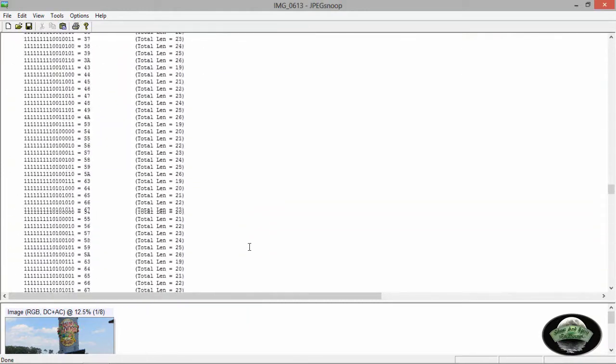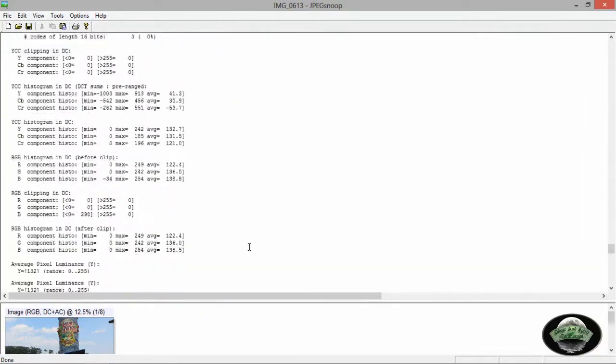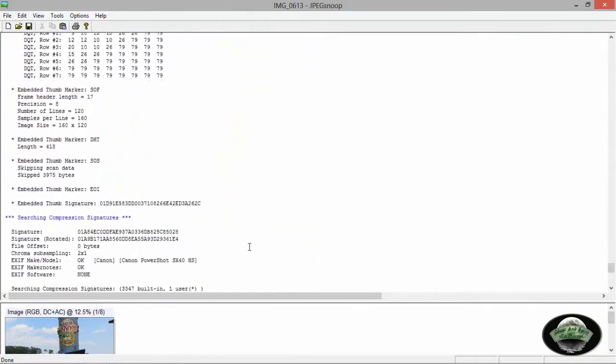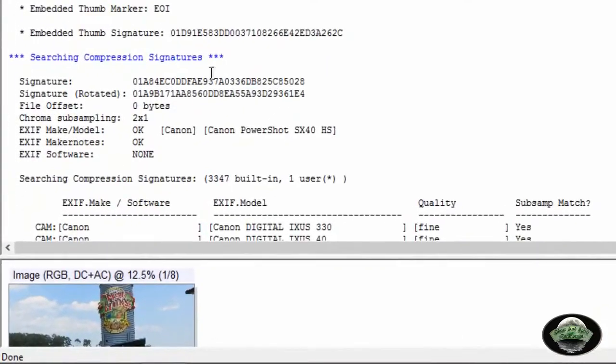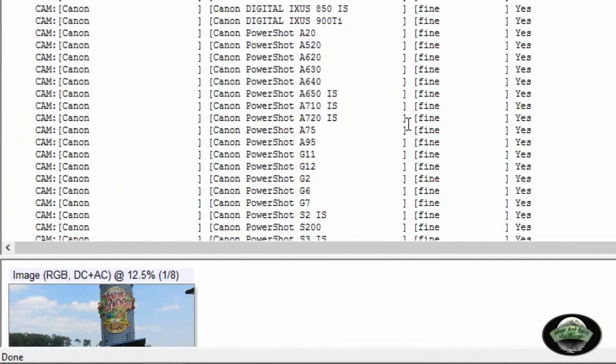It'll take me a second to scroll the whole way down through here. Like I said, it looks at every pixel in that picture, and it looks for compression. At the bottom here, you're going to have the report, and it's going to have a list of your compression signatures, which is basically all of the programs or cameras that you use to manipulate the photograph. And here is a list of all the Canon cameras, and at the bottom somewhere down here, mine should be